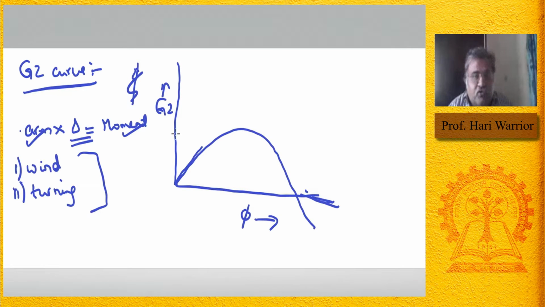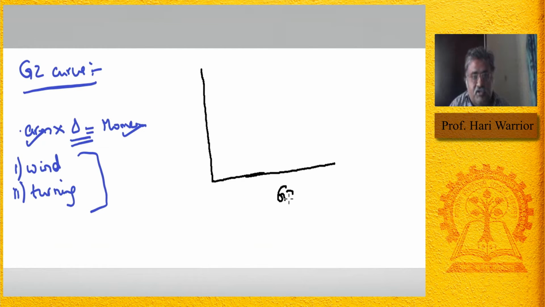First of all, you should know that the turning moment, I am going to derive in the next section, but before we do that, the heeling moment looks something like this. Actually, it should not be this high. This is a very high heeling moment. Let's not make it that high. So, GZ, what am I writing? Heel. So that is angle phi, and then here GZ. And the curve looks like this.